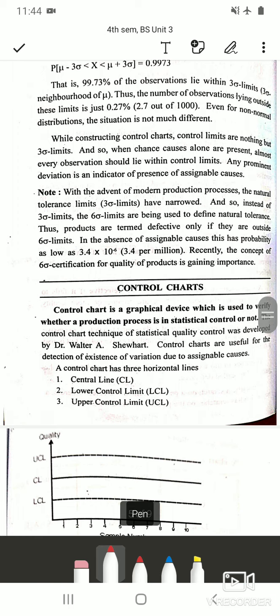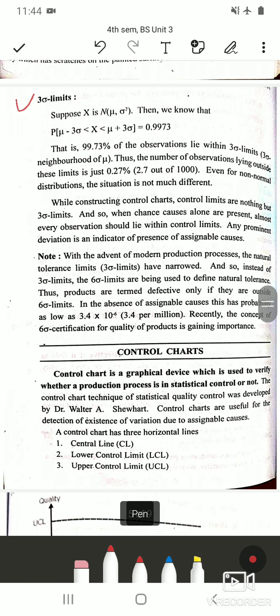In the normal distribution we had seen how to find out a probability given two sigma limits. There was one problem, I guess the last but one problem, where we had seen how to find out two sigma limits. Suppose x is a normal distribution with parameters mean mu and variance sigma square, then we know that the probability of mu minus 3 sigma less than x less than mu plus 3 sigma is 0.9973. How is that? What you have to do